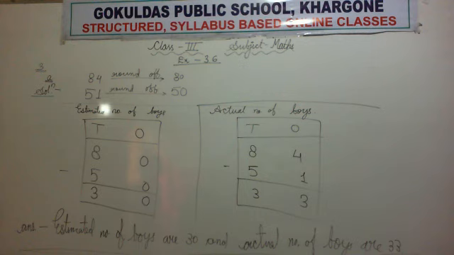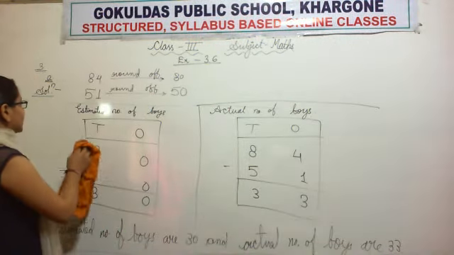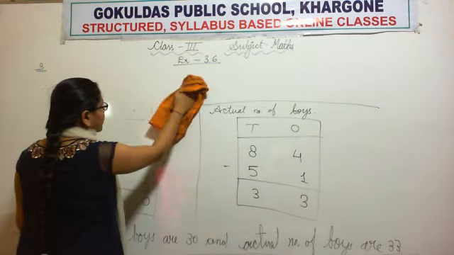First of all, we rounded off the given numbers. Then by the rounded off numbers, we got the estimated difference. And by the actual numbers, we got the actual difference. And at last, we wrote the answer for estimated as well as actual number of boys. Now I hope, dear students, you all have written down. Now read question number 2 or part B.